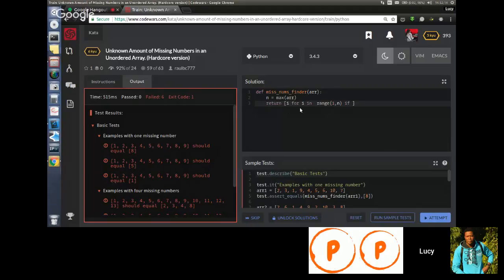Kwa hii list comprehension, after for i in, after in, for it expects a way of looping through the collection. Ina expect iko inapewa moja alafu inaiweka, haitaki kujua inapewa aje. Then kuna hii range ya collection, hataki kujua nini iko hii side.